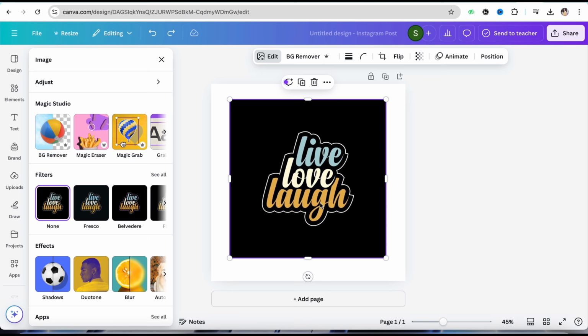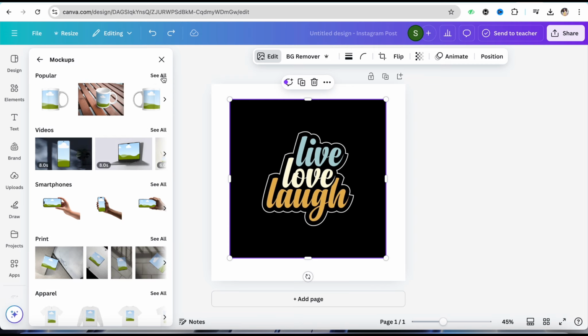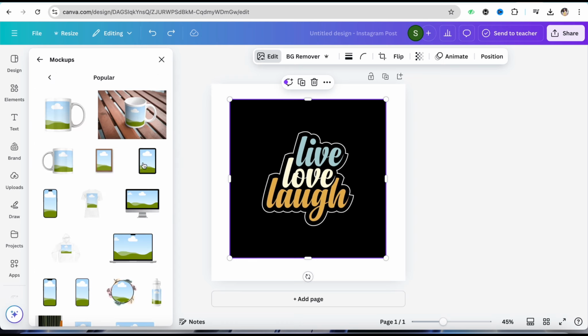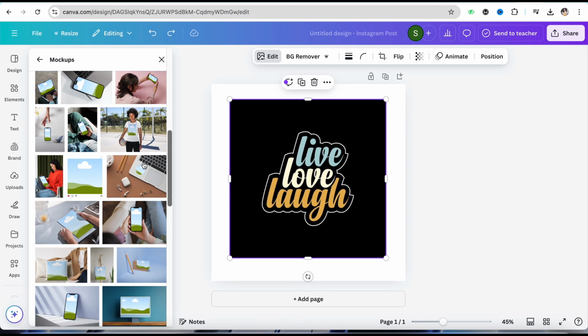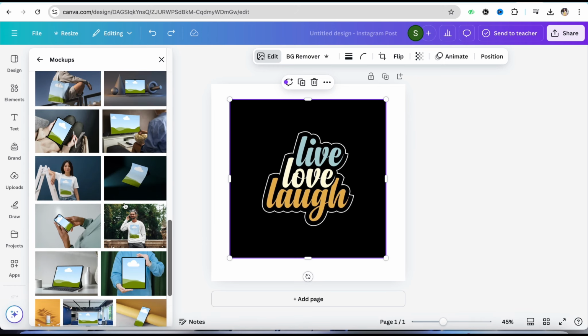And now in order to create the shirt mockup in this particular design, all you have to do is simply scroll down at the left hand side menu screen, and you will be able to see the option called apps, under which the first option that you will see says mockups. Simply click on it. Under the popular section, simply click on see all, and when you scroll down, you will definitely see someone who is wearing a t-shirt or a shirt that you can use this mockup for. So for example, I'm clicking on this one,